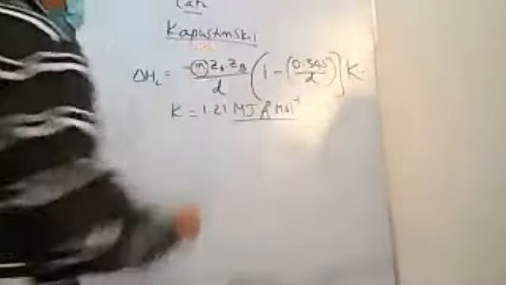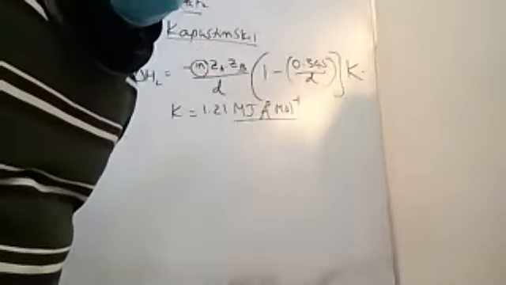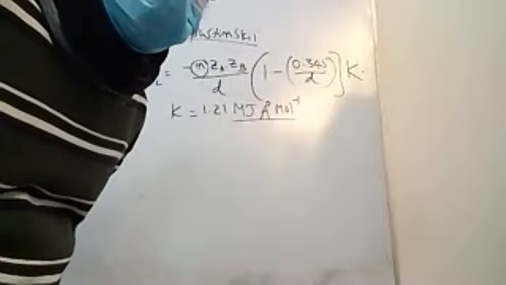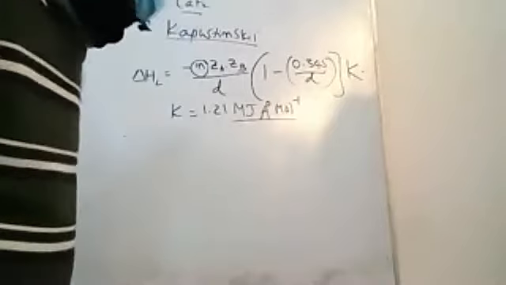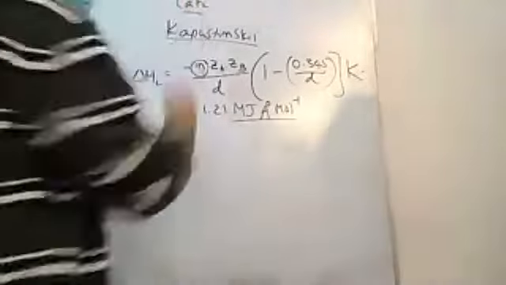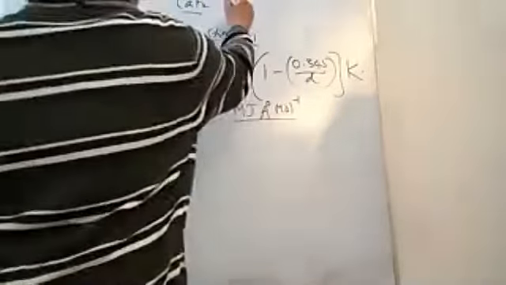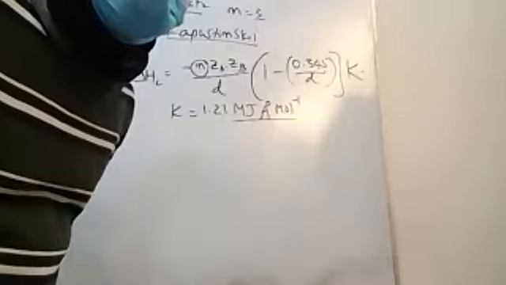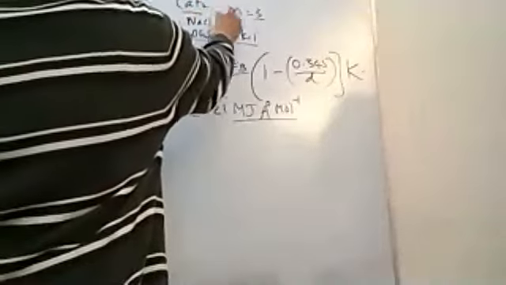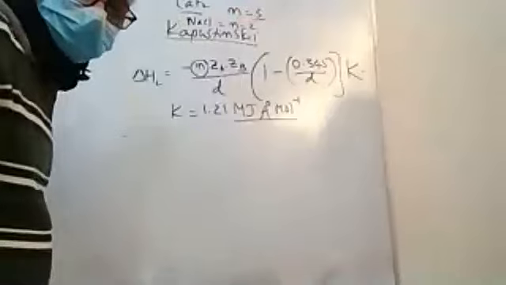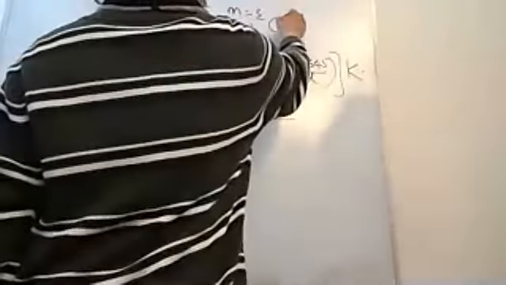This N here refers to the total number of ions in the formula. That's very important. So how many ions do we have in calcium fluoride? We have 1 calcium and 2 fluoride, so a net of 3 ions. So the N value for calcium fluoride is going to be 3. For sodium chloride, it will be 2. What will be the N value for calcium sulfate?